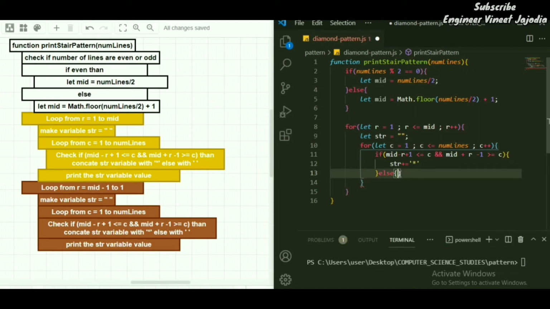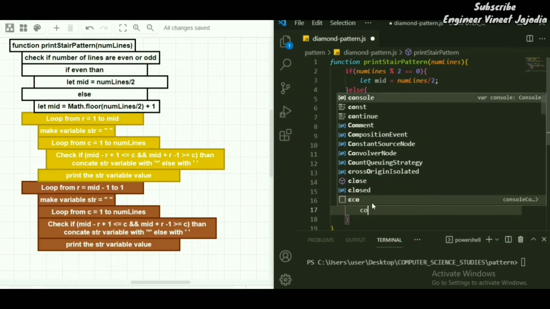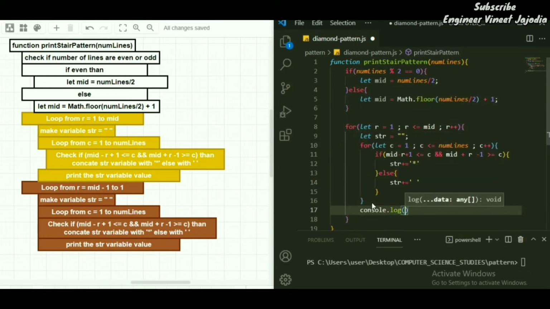Else, if this is not the case, then we are going to append an empty string. Okay, and once the loop for columns is over, then we are going to console.log the value of str.